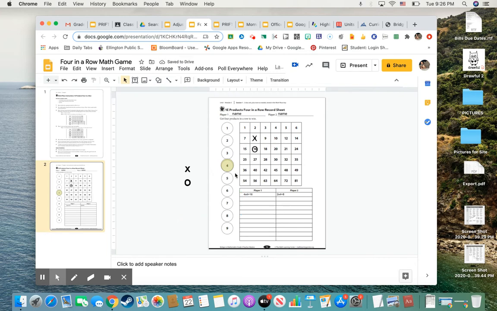I'm going to continue this pattern of moving chips. So now I'm going to go ahead and move 1. I'll have 4 times 5, which is 20. So now I need to find 20 on here and mark it up. Write down my equation. 4 times 5 equals 20,